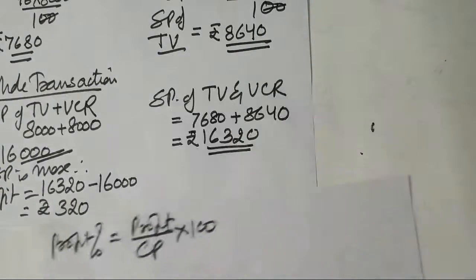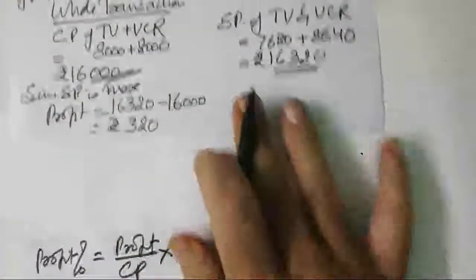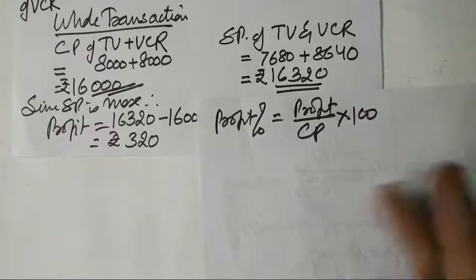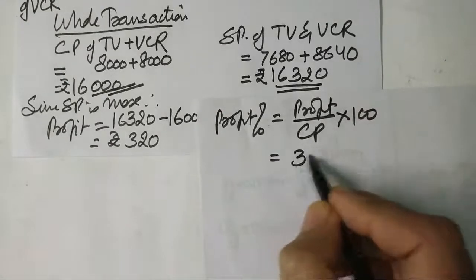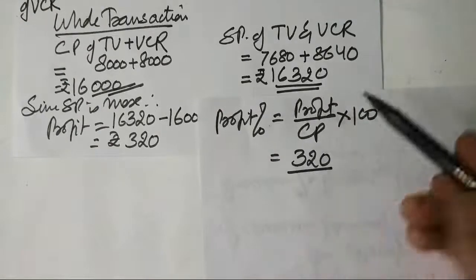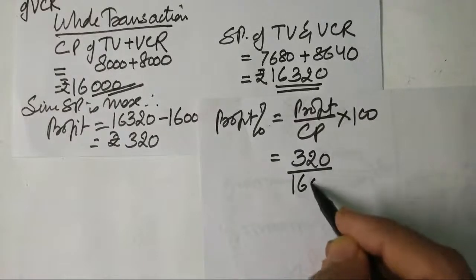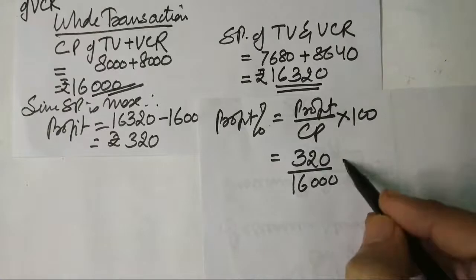We have found that the profit is 320. So we will solve it as 320 upon the cost price. The cost price was 16,000, and into 100,